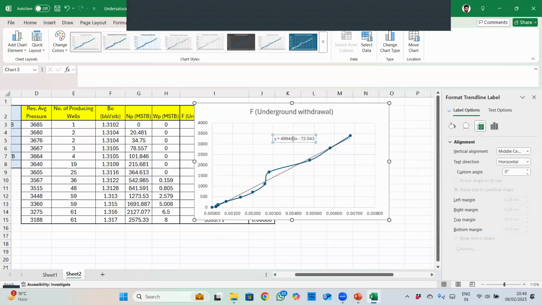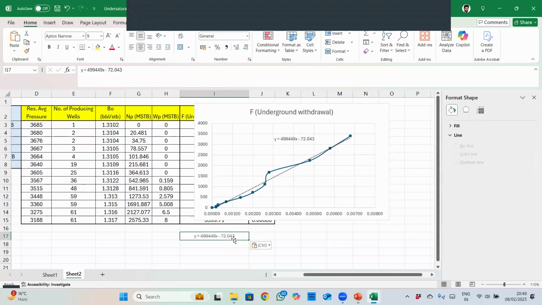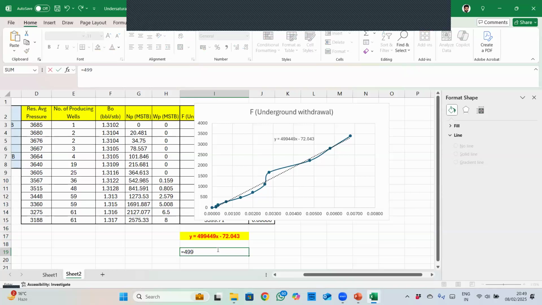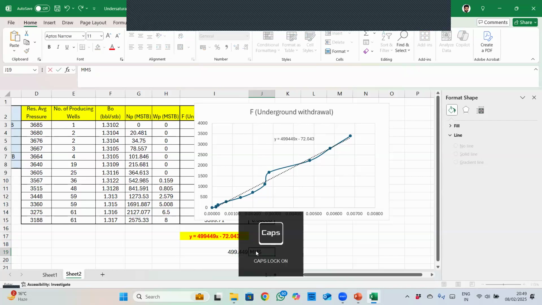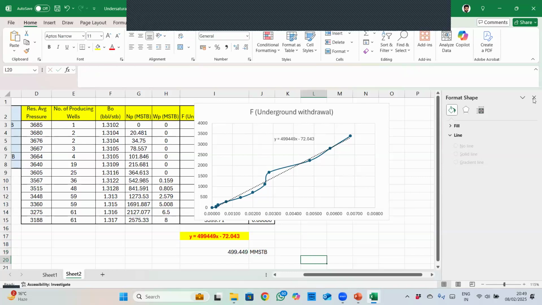Let me just also copy this equation, Control C and paste it here. So this is my equation right now. Let me put it in yellow, bold, and red. So if I divide this 499,449 by 1000, it should give me the stock tank barrels in millions. So 499.44 is the oil in place, MMSTB. So it's very huge. That is how we estimate the in-place volume,